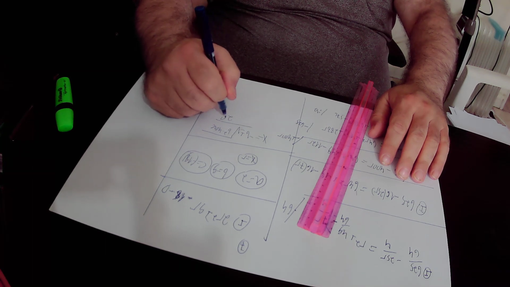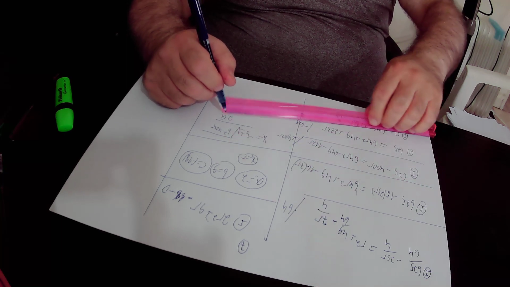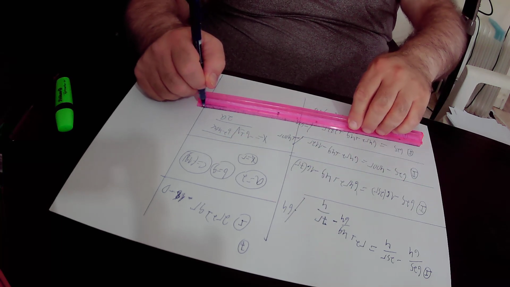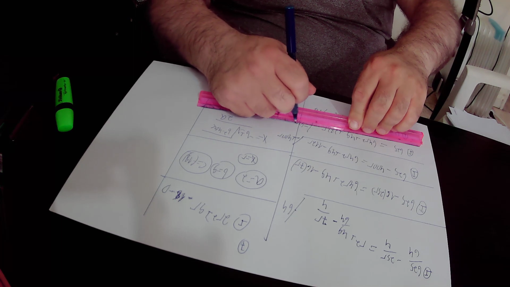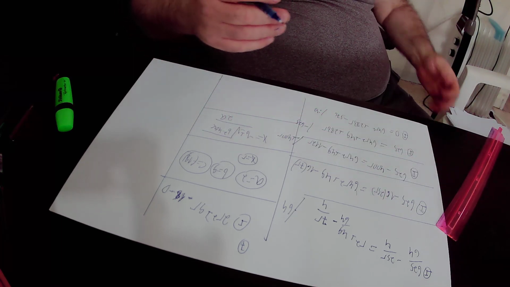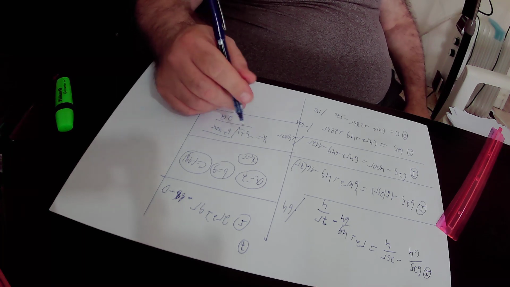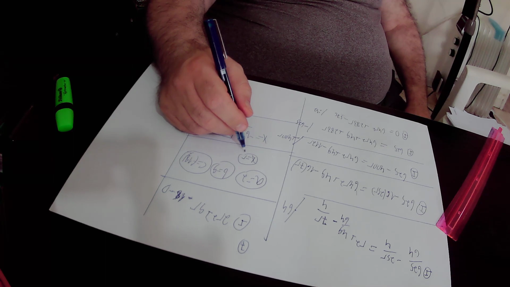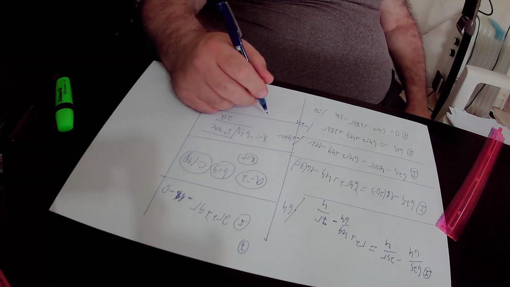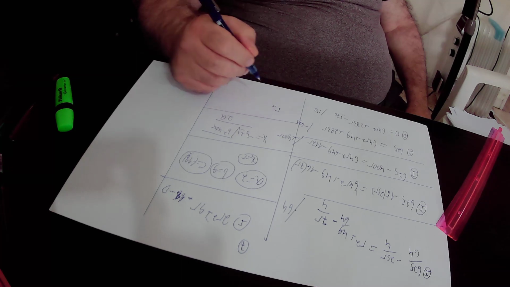Here A, B, and C are the coefficients of the quadratic equation, and X is the variable that we are looking for. In our equation the variable is R, the radius of the small circle, so we substitute X by small r, so here small r equals